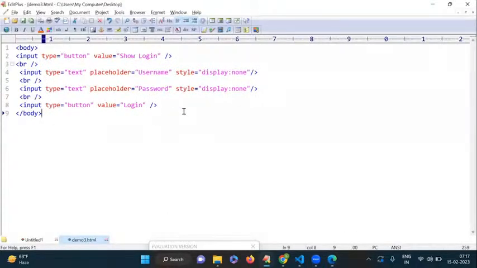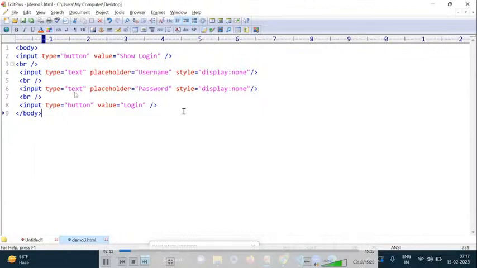But this is not the proper procedure, because applying style to each and every control is tedious. This is a login form with just a few controls, but sometimes some forms contain many controls. In each and every